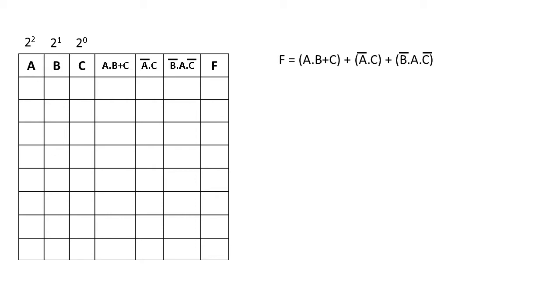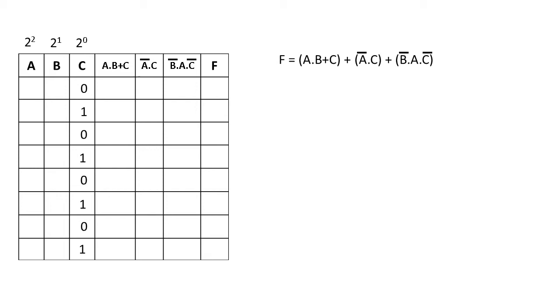In the c column, that is 2 to the power 0, we will have only one 0 and one 1 in this sequence. Just observe: 0 1 0 1 0 1 0 1. Because of 2 to the power 0 we will have one 0 and one 1, and in this sequence we have to fill this truth table. So there are 8 combinations. How to make these 8 combinations?